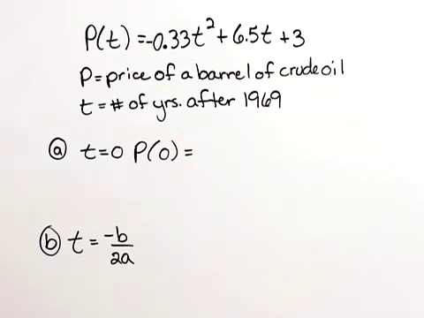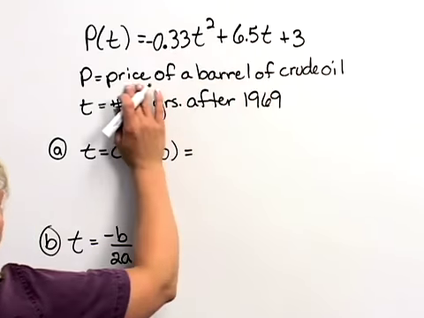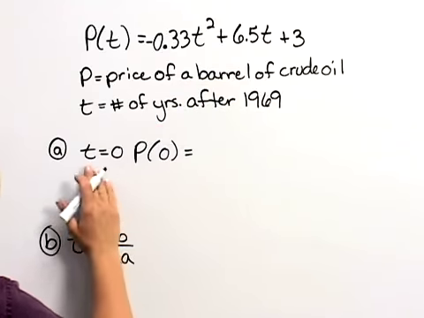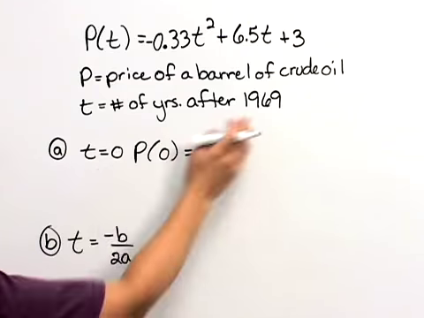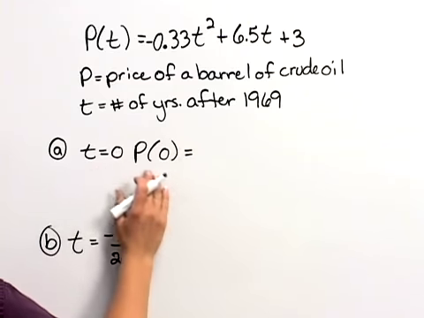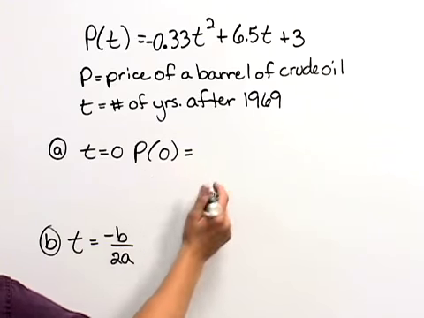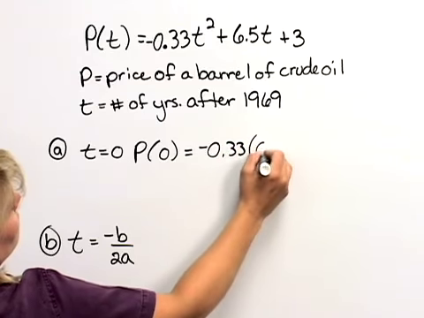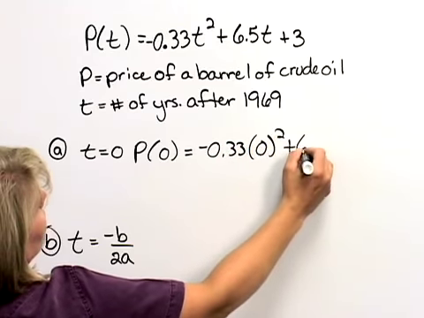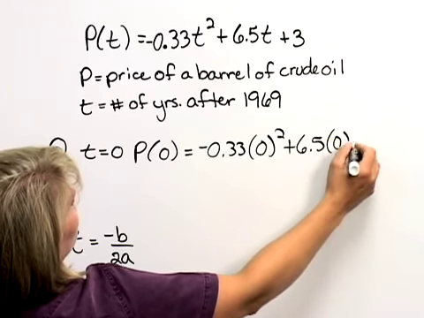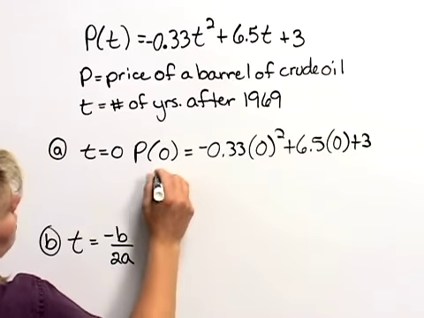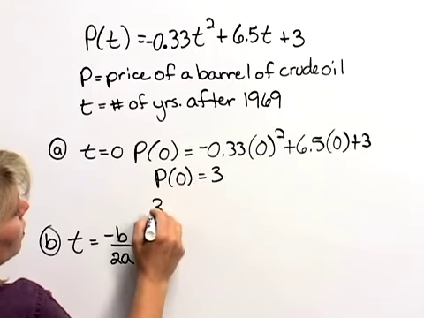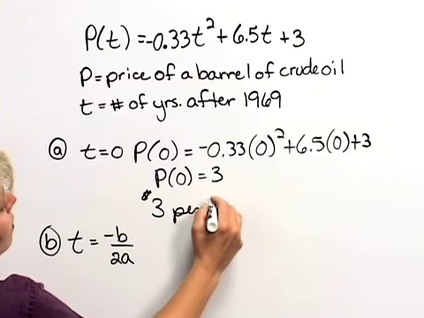For this particular problem, our function is given here, and P is the price per barrel, where t is the years after 1969. So for part A, we want to know the price in 1969, which is t equals 0, which means we need to find P of 0, which is going to equal negative 0.33 times 0 squared plus 6.5 times 0 plus 3, which makes P of 0 equal 3 if you calculate that out. So it was $3 per barrel in